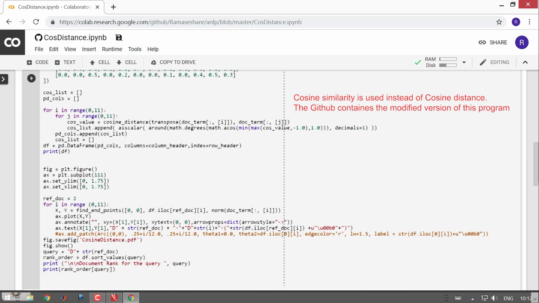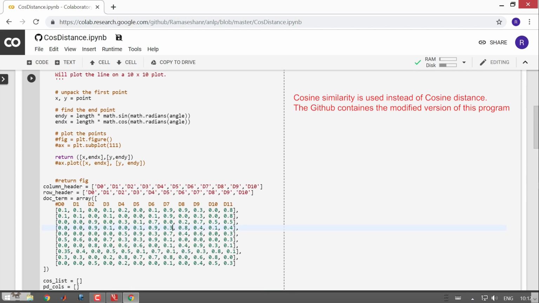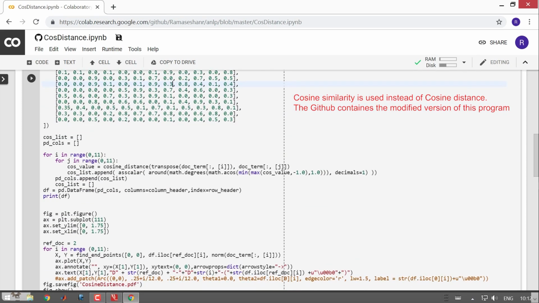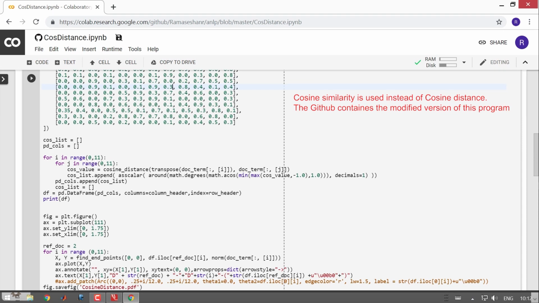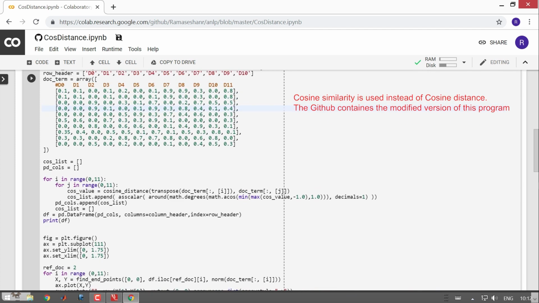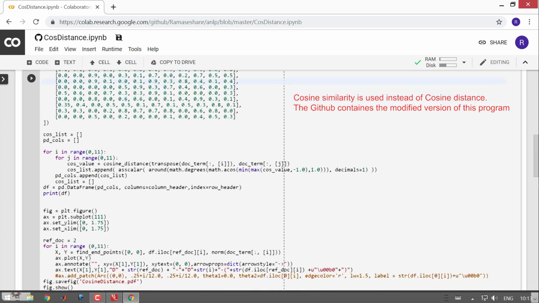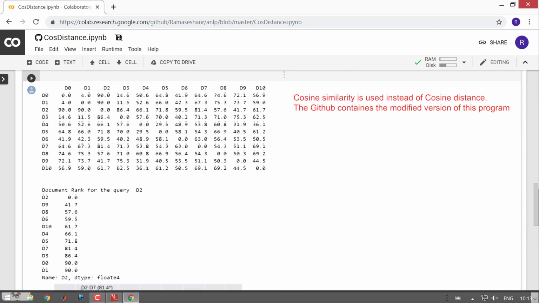So, make sure that you use the right range. I have hard coded the ranges in this program. So, you may want to avoid that hard coding and give some variables there, so that you can find the actual sizes of the matrices and then do the computations accordingly. Okay.